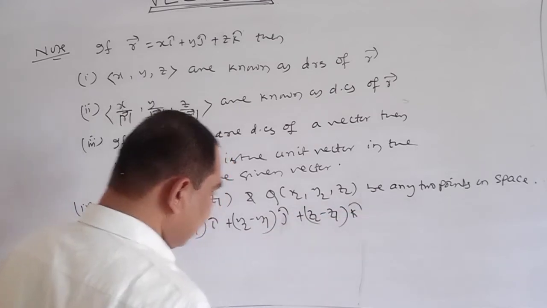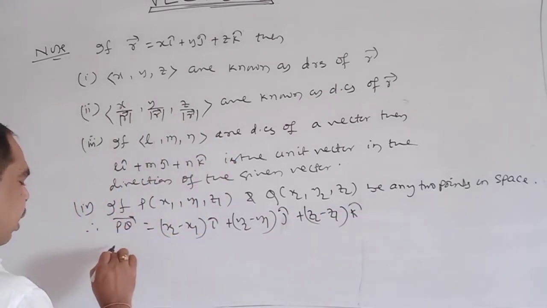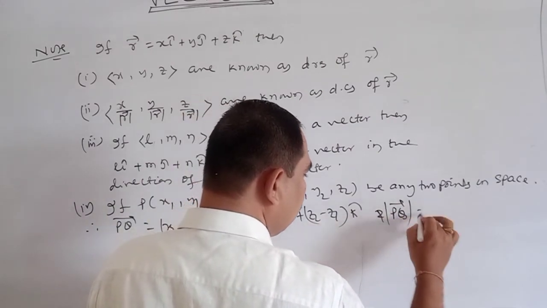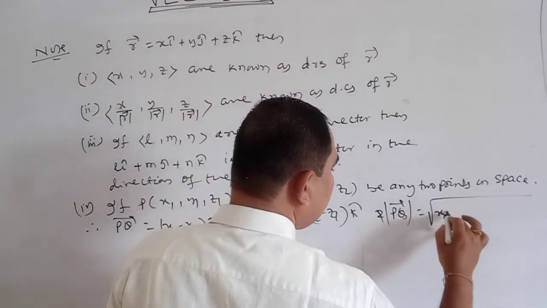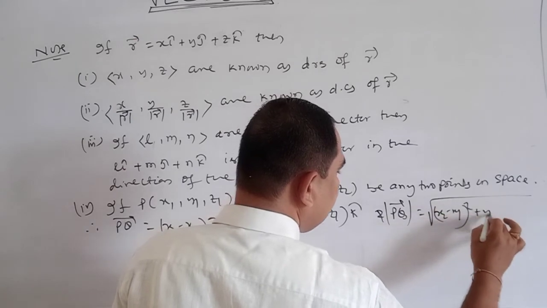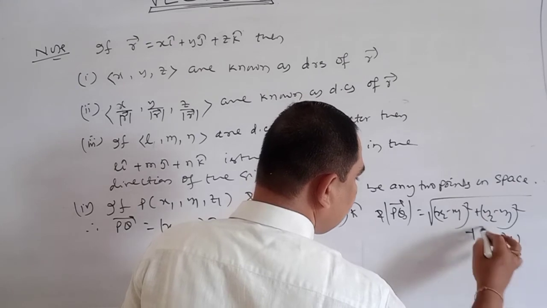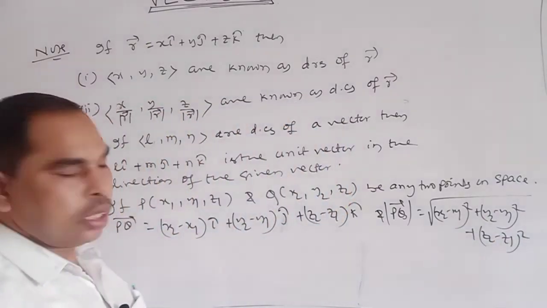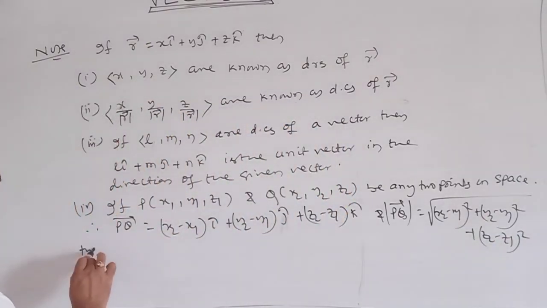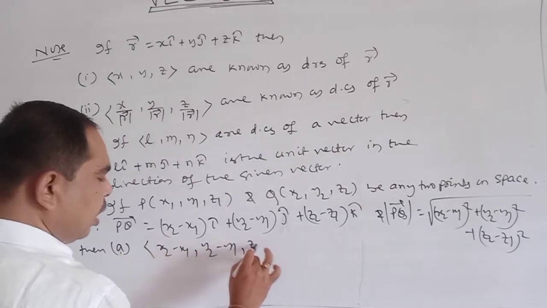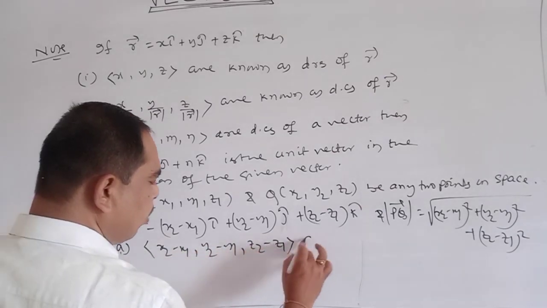Okay, therefore mod of PQ is equal to square root of (x2 minus x1) whole square plus (y2 minus y1) whole square plus (z2 minus z1) whole square. Then x2 minus x1, y2 minus y1, z2 minus z1 are known as